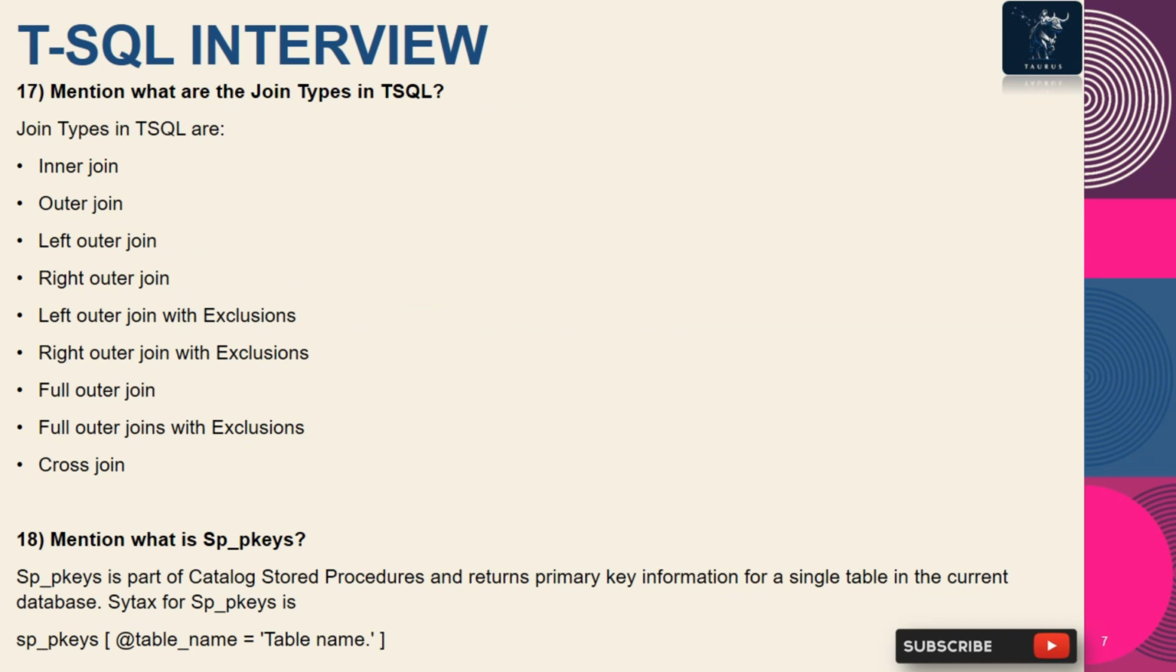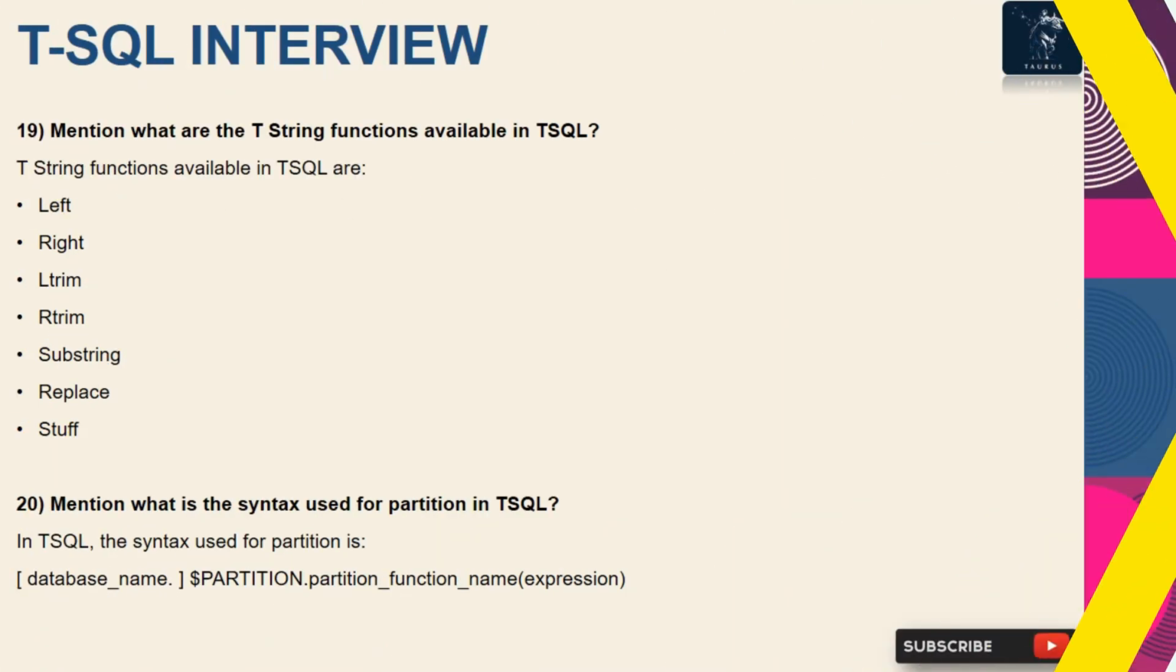18. Mention what is sp_pkeys. sp_pkeys is part of the catalog stored procedures and returns primary key information for a single table in the current database. Syntax for sp_pkeys is